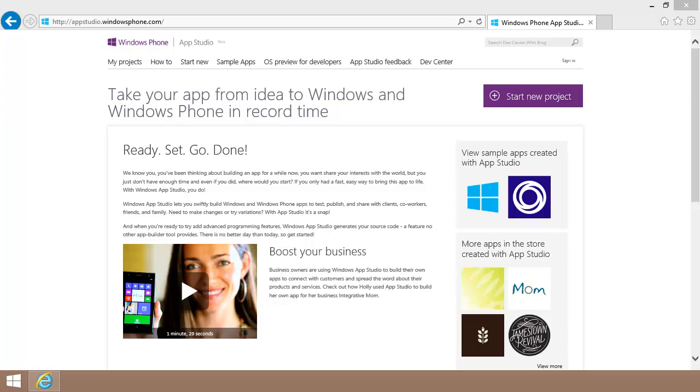App Studio also enables you to download the source code of your app if you want to make further customizations using Visual Studio, but that feature is outside the scope of what I'm going to cover in this first video. By the end of this video, you will have seen everything you need to know to start creating apps for Windows Phone. App Studio is a web-based tool, so I'm starting at the site